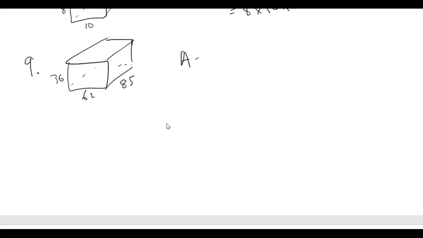Okay, so your volume is length times width times height. So 36 times 62 times 85. So I'll just do that on my calculator. Okay, so I get